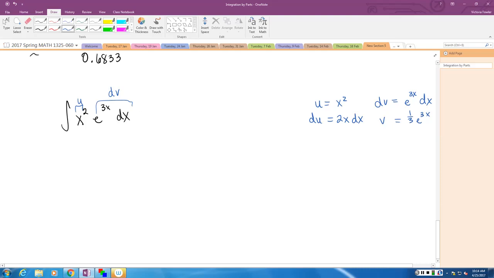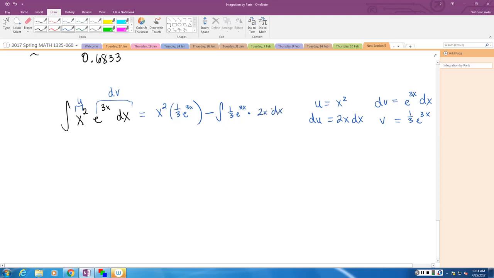Okay. You rewrote this. You said this is the integral of u dv is equal to uv, which is x squared times 1/3 e to the 3x, uv, minus the integral of v, which is 1/3 e to the 3x, du,